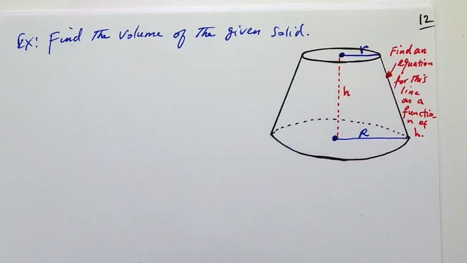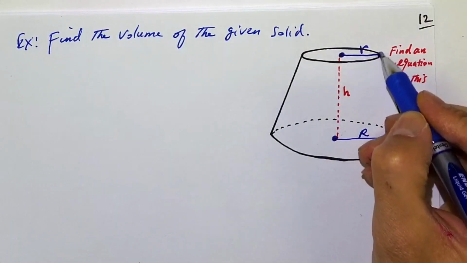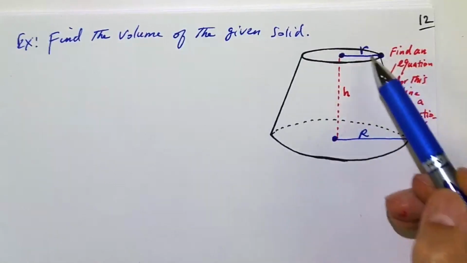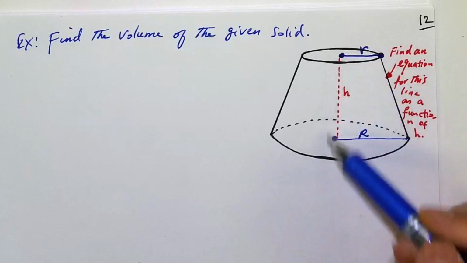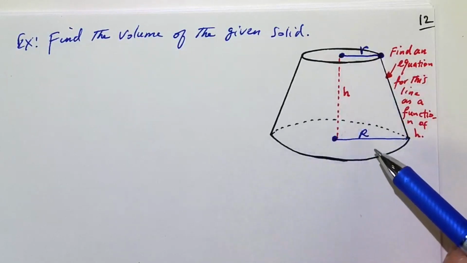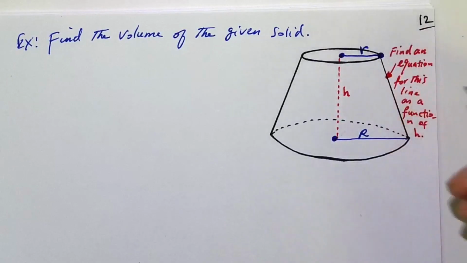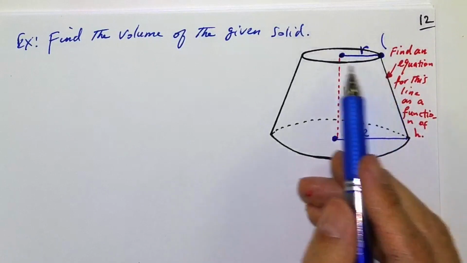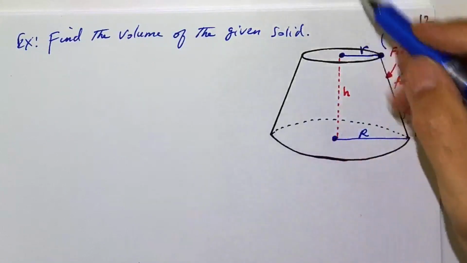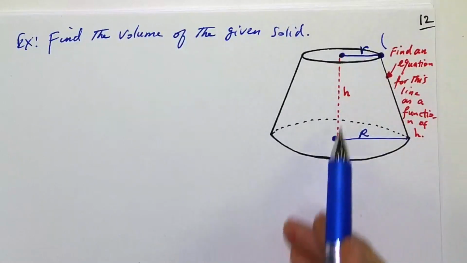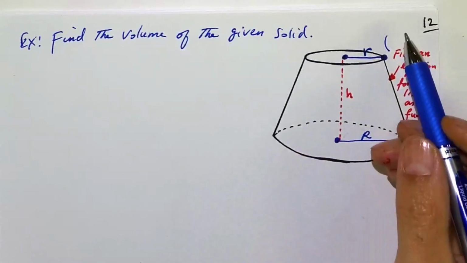So to do that, notice that that point has a component that we can write in terms of r and h, the information that we're given. These are the variables we're already given. So that point would be r, right? If we situate the vertical axis or y-axis directly at the center of the solid,